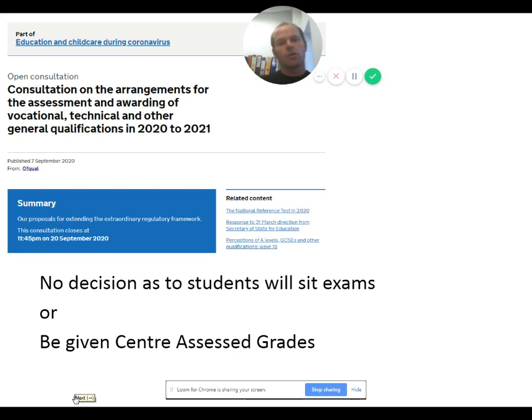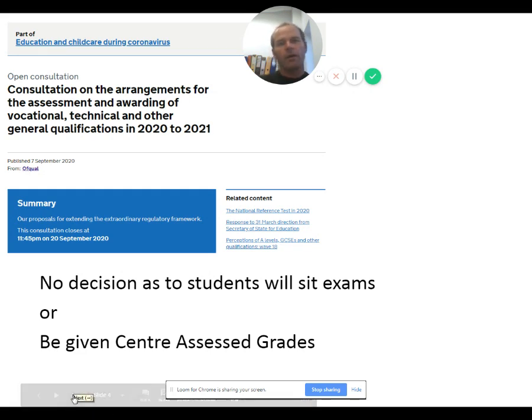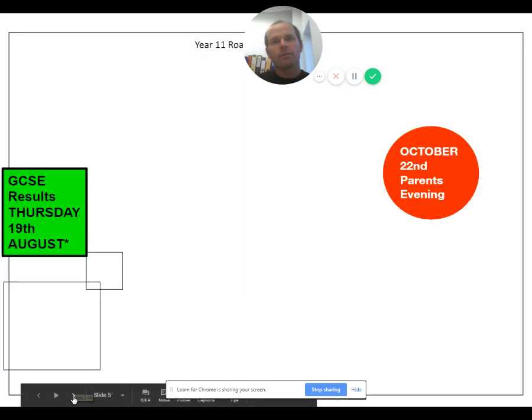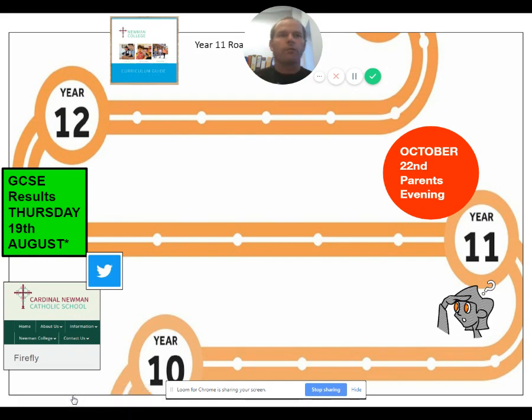The students who maybe didn't demonstrate the best attitudes to learning or were a bit slow to get going in year 11, some of them missed out on the grades that they were expecting. So really from now, every second really does count. And to help you get your head around what we've got coming up for the year, this roadmap hopefully will